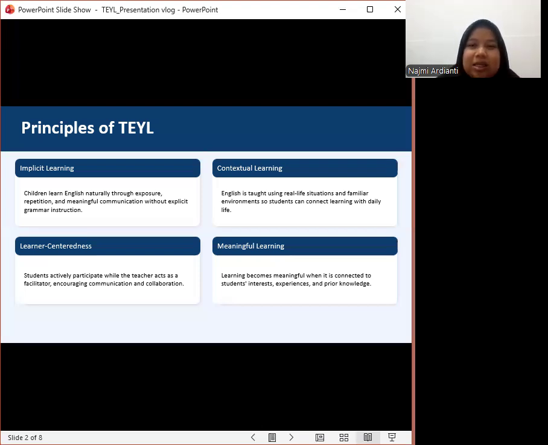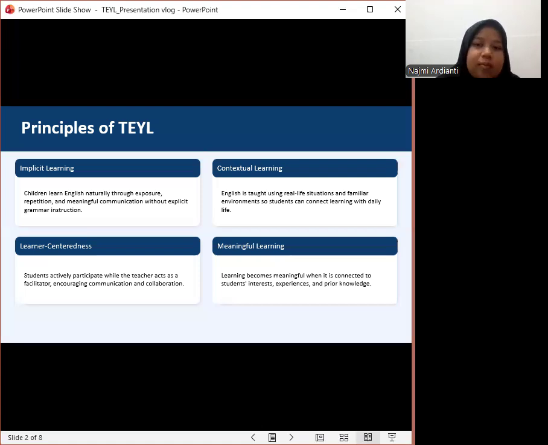And the second is contextual learning. Here, children understand English more easily when it is connected to real life communication and familiar environments.